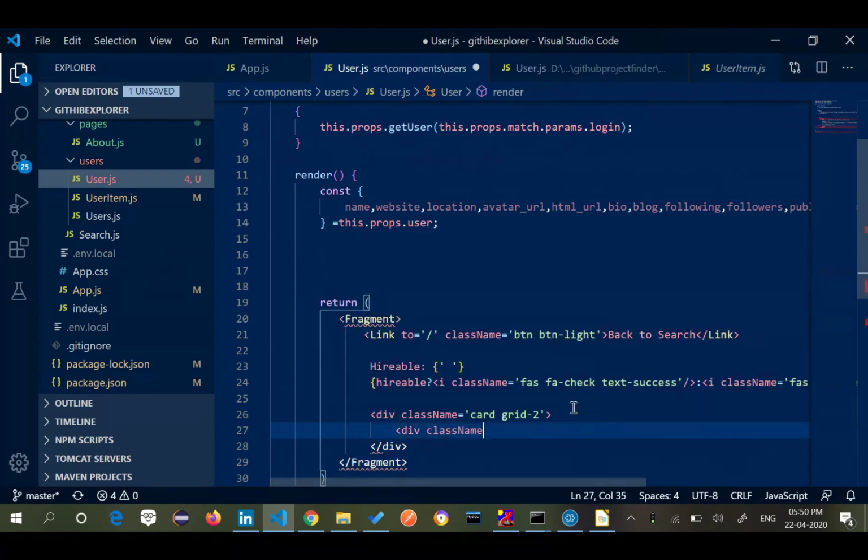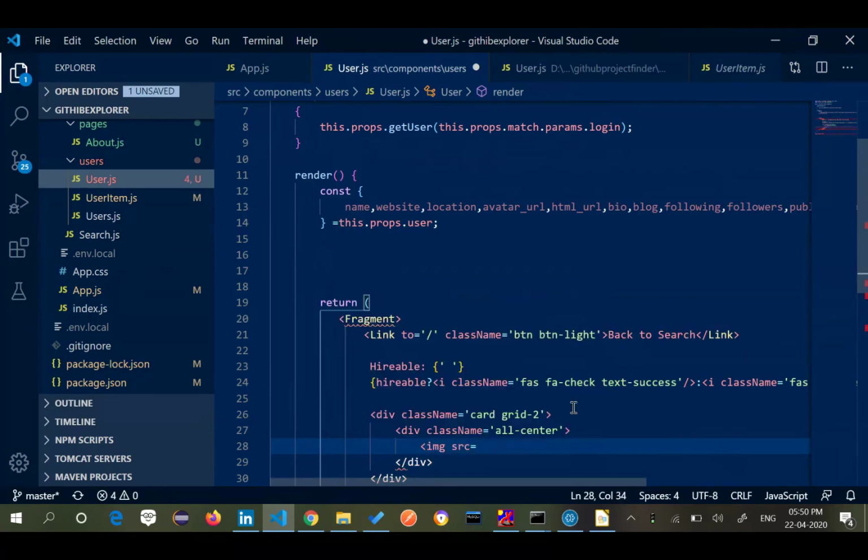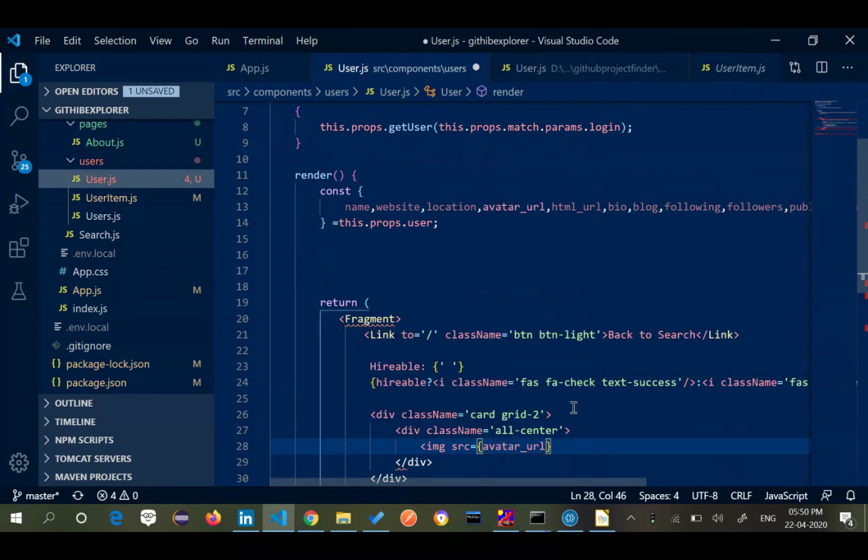Division class name is equal to all center. Image src is equal to avatar underscore URL.